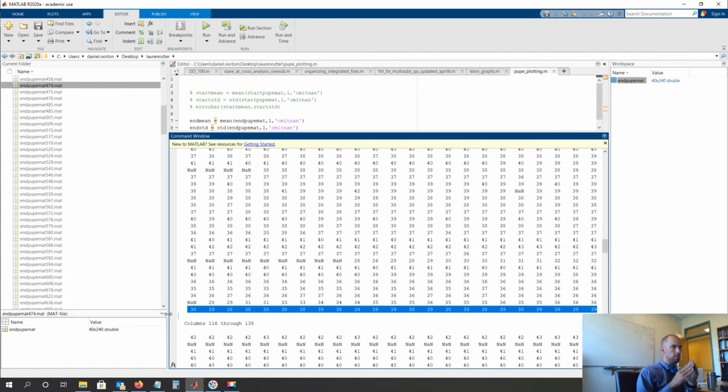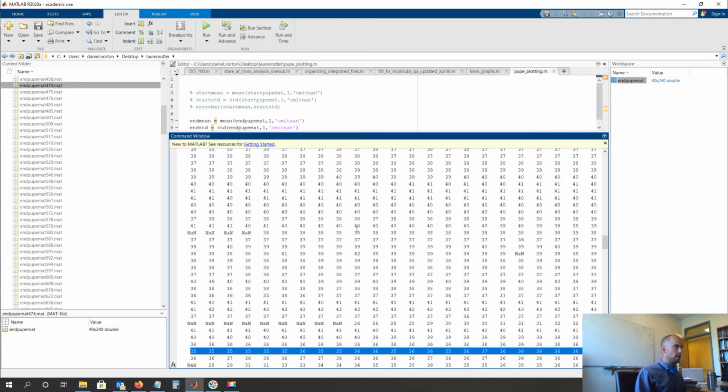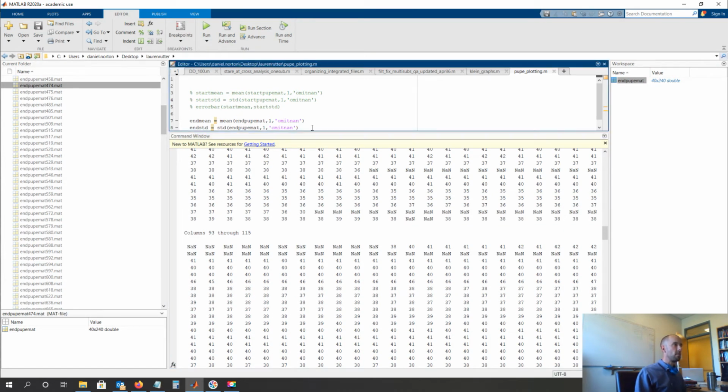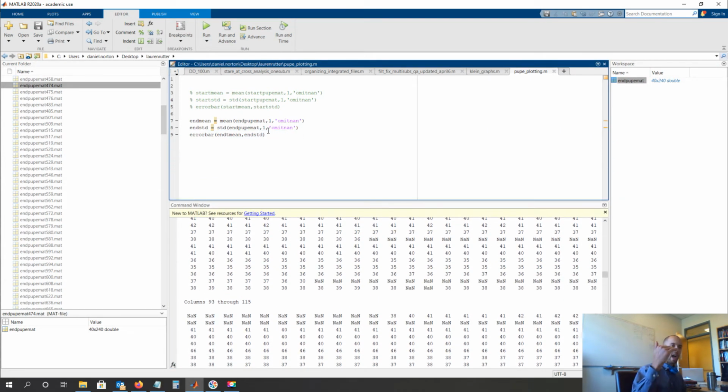And then this is the fourth to last trial here. And we have each one shown. So what I did in this little script here is take the average across all trials for one subject, and the standard deviation. And then what we can do is